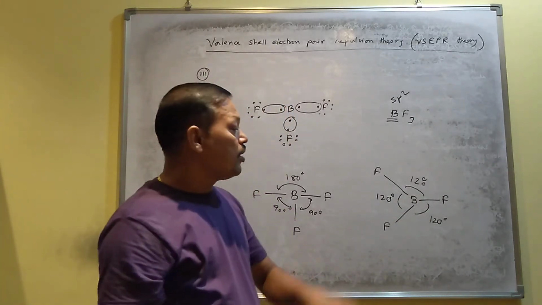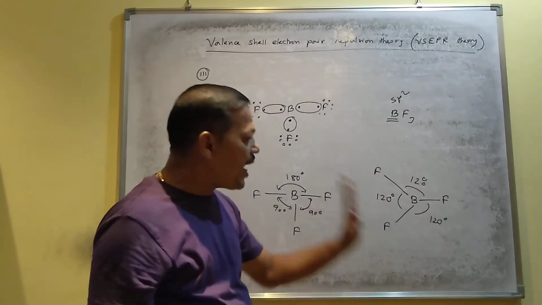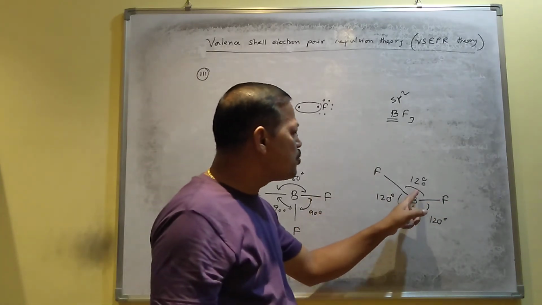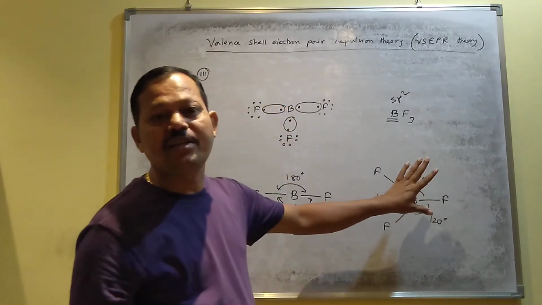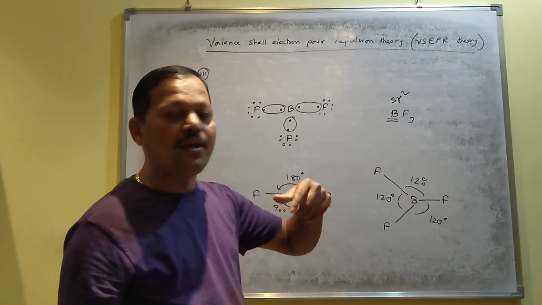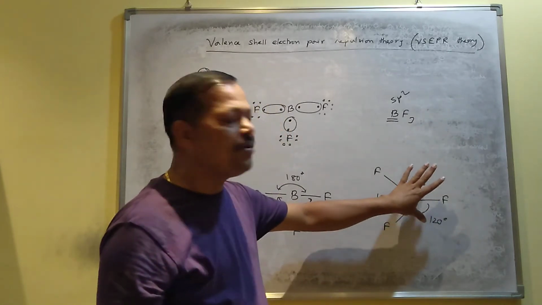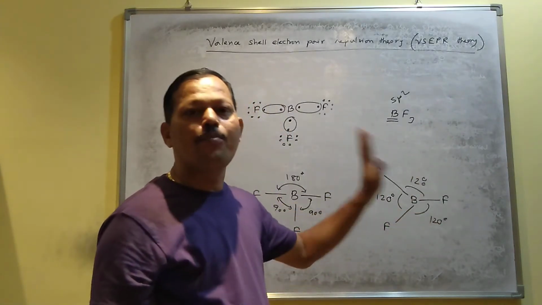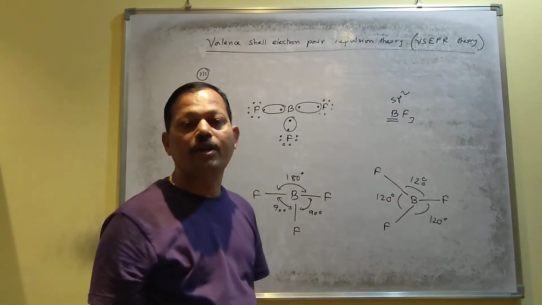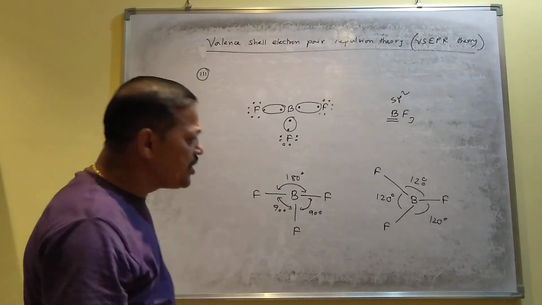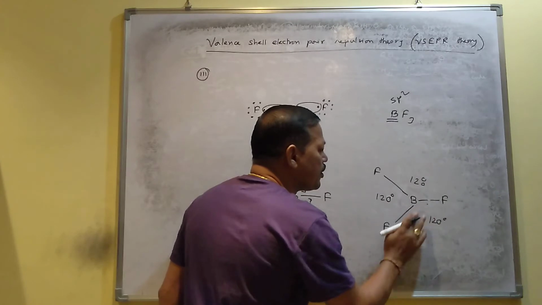So that is why those molecules in which the central atom contains similar surrounding atoms, and if there is no lone pair inside the central atom, then you will get the symmetrical shape or the regular shape. I mean the shape which you have got from the hybridization concept, that shape exactly you will get. So in case of BF3, the bond angle always you will get 120 degrees, and the shape of the molecule you will get triangular planar.